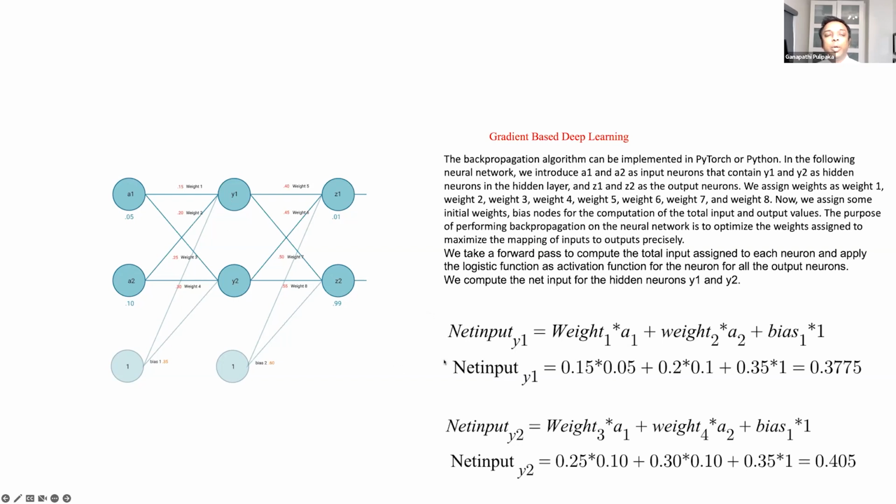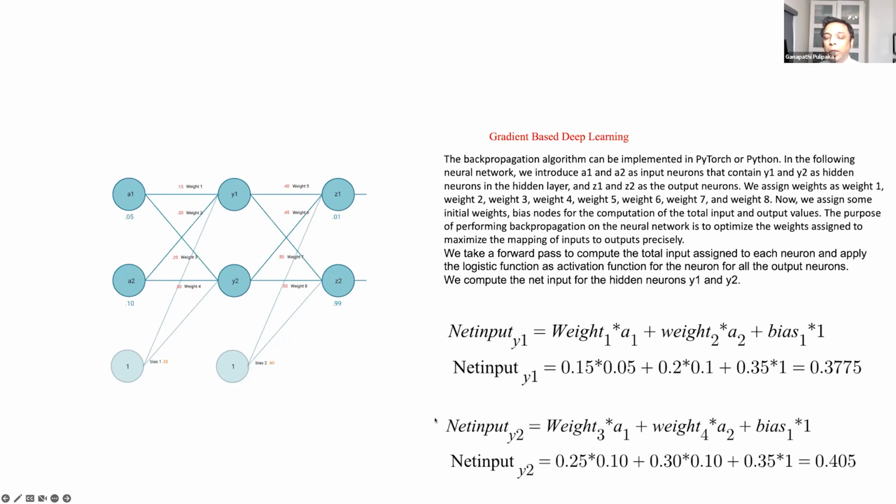So here we're going to compute weight 1 multiplied by a1 plus weight 2 multiplied by a2 plus bias. This is the bias node we have multiplied by 1. So we just take the weights of each of these particular nodes, and then we also have some weights associated to the actual node itself. For example, this neuron, here we have assigned some weights, 0.9 and so on and so forth. So we're just going to compute the net input y1,